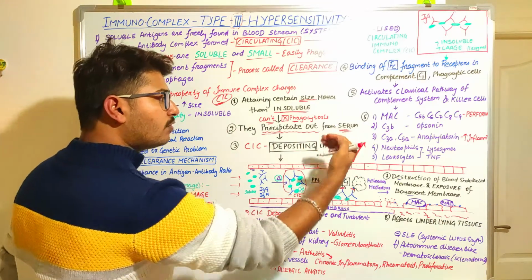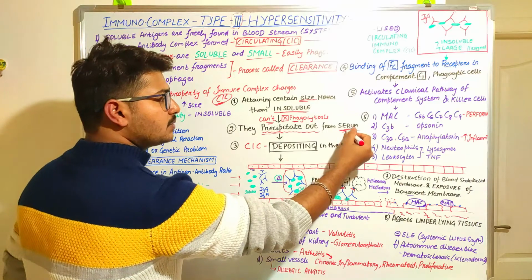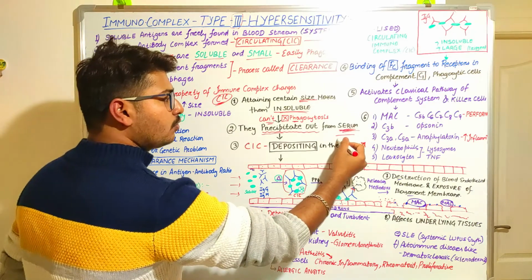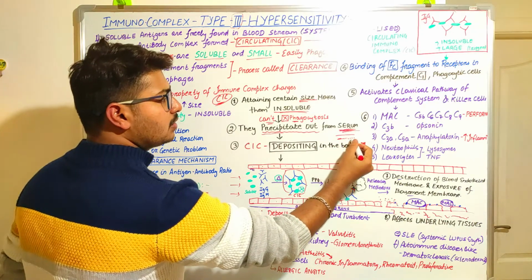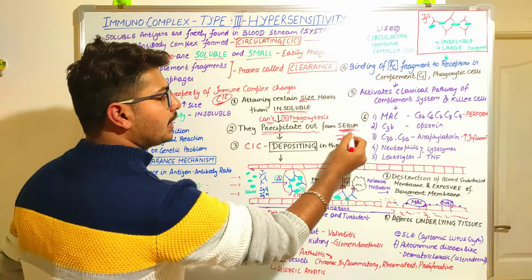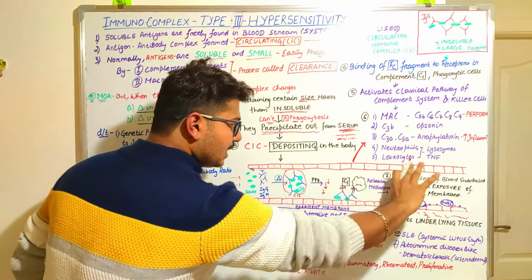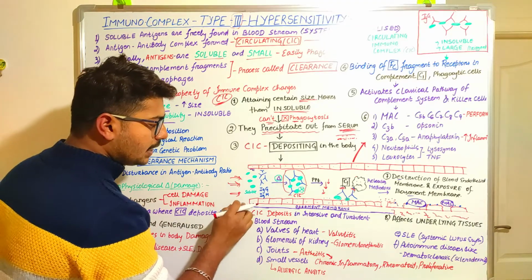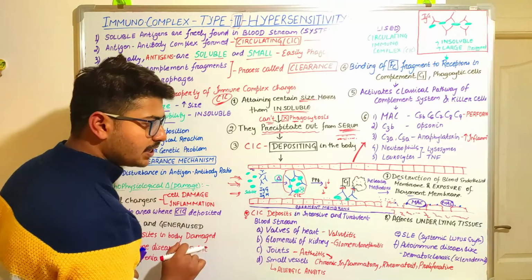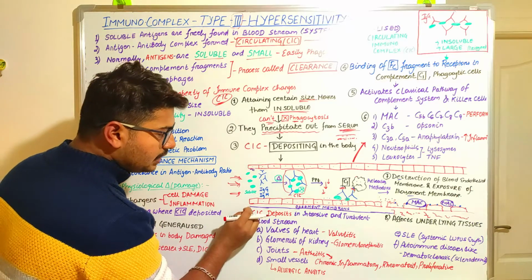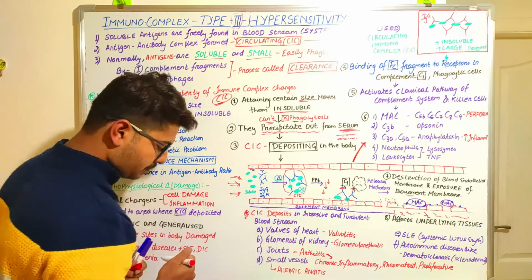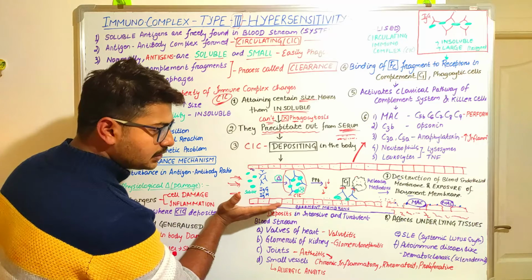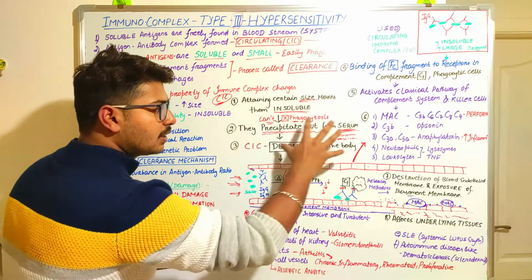If they are coming out from the serum, and serum is present in our blood vessels, then they are going to precipitate in the blood endothelial linings. So this is the diagram of a blood vessel. This is the flowing blood and these are the endothelial cells present. Under the endothelial cells there is the basement membrane, and attaching to the basement membrane are the nearby cells or tissues.